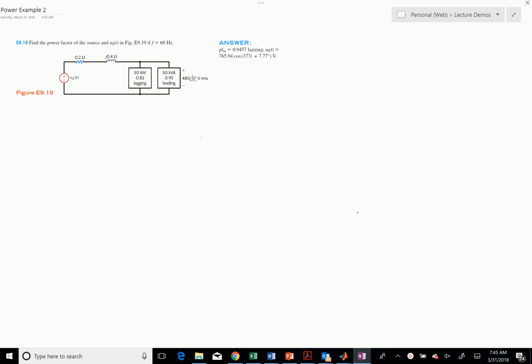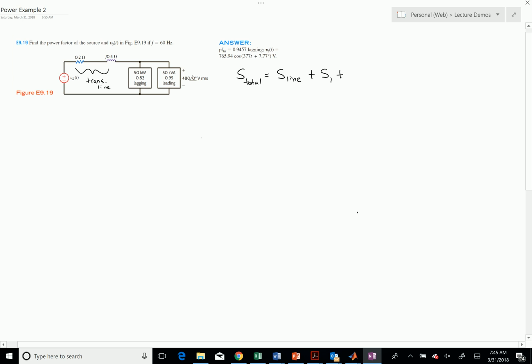Now, if I want to find the power factor seen by the source, what I really have to do is find S total, the total complex power that is sourced by this guy. If I think of this as what we call a transmission line, I can say that S total is S line plus S1 plus S2, where this is